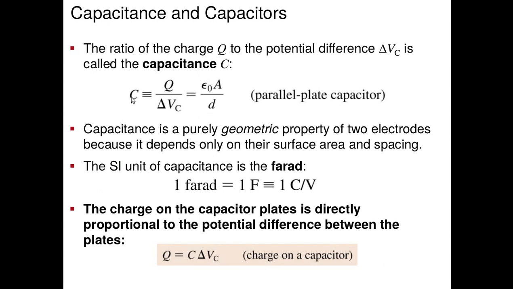And so that means that I can create a capacitor with a cross-sectional area and a distance, and that controls the capacitance, right? Not necessarily the potential or the charge on it, but I can make a capacitor with a certain capacitance just by changing its dimensions, changing the distance between the plates and the cross-sectional area. The SI unit of capacitance is the farad, named after Michael Faraday. We'll talk about him in chapter